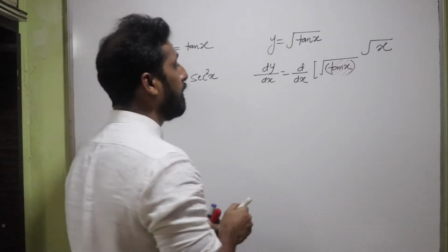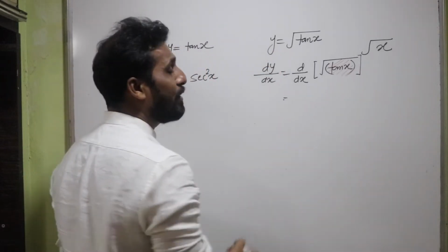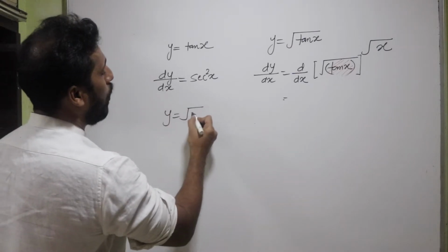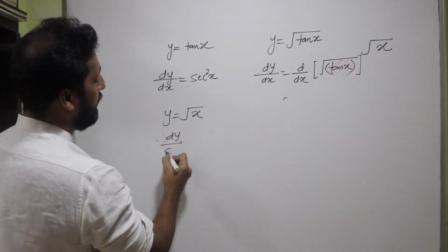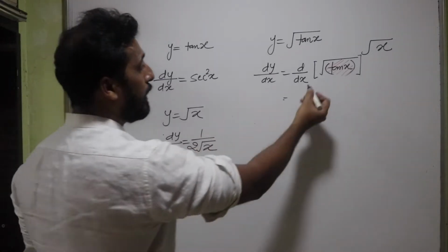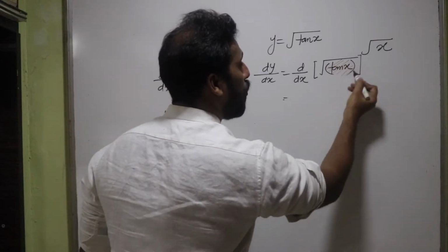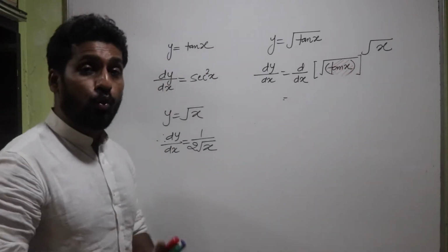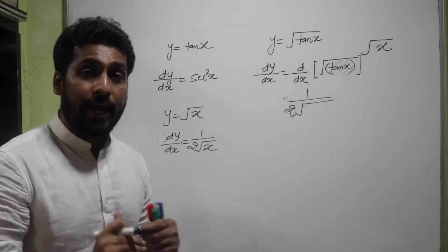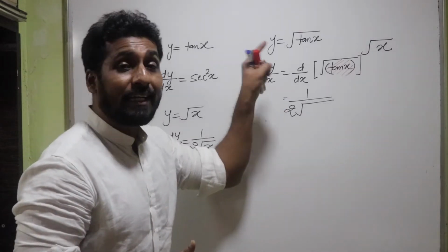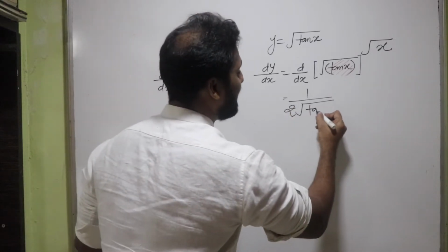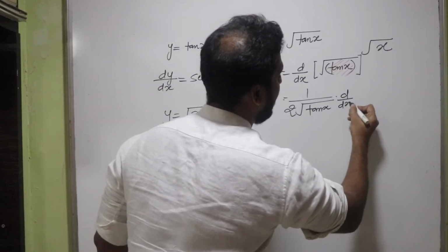So I'm going to get the derivative here. The derivative of root of tan x becomes the derivative of root x. So y is equal to root x, then dy by dx becomes equal to 1 upon 2 root x. In place of x I can see tan x. So I'm going to use the formula of root x, which is 1 upon 2 root of x. But is it x? No, it is tan x. It is u. So 1 upon 2 root of u, which is tan x, and again d by dx of